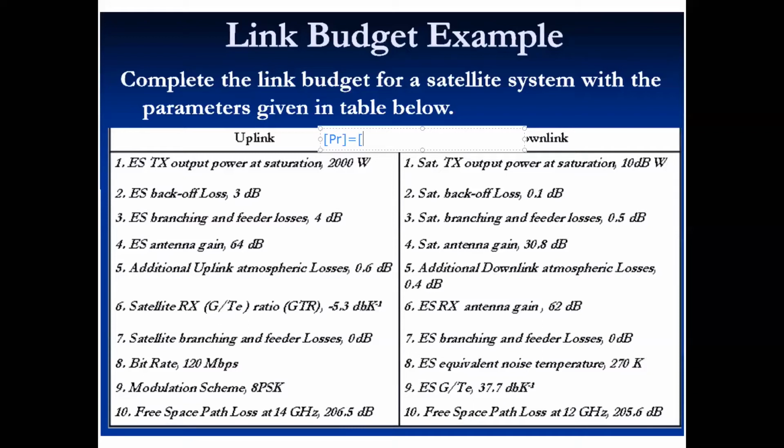PT is the transmitting antenna gain. What is the transmitting antenna gain? Look, free space loss is given as 206, right? Already given in losses. Let's first calculate the losses. Okay? Tell me, how much are the losses? What is the free space loss? FSL is 206, okay, plus the branching and the feeder losses. What is the total loss? 206.5 plus 4. Another thing I can see here is 5.5, what is it? Atmospheric losses, okay, so it is 0.6. Do we see any other loss?